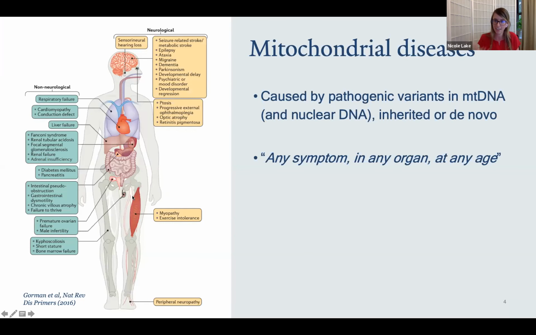So we're interested in the mitochondrial genome because variants within it can underlie disease. Specifically, single highly penetrant variants underlie mitochondrial diseases, which are a group of rare, clinically heterogeneous disorders that are notorious for presenting with any symptom in any organ at any age. And this schematic here is showing some of the more frequently encountered symptoms that can be observed in cases with